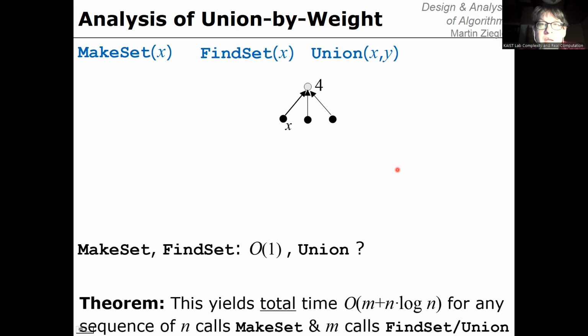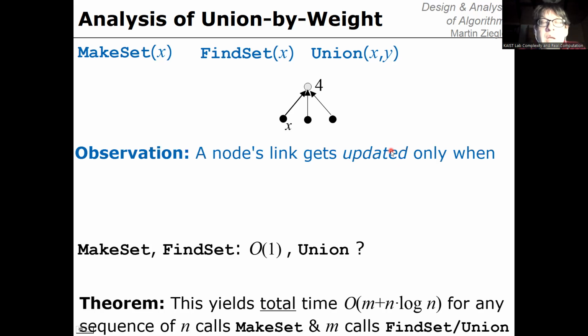So the important thing to ask about is really the cost of union, more precisely the cost of a sequence of calls to union, right? So in amortized analysis, we only consider sequences of calls, and the calls that really matter here are a sequence of calls to union. So here we start with one tree of height 1, and now let's see,